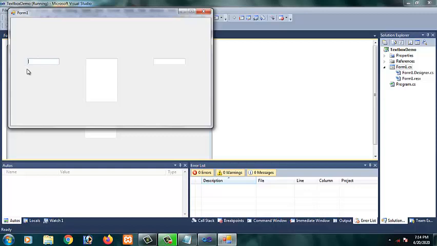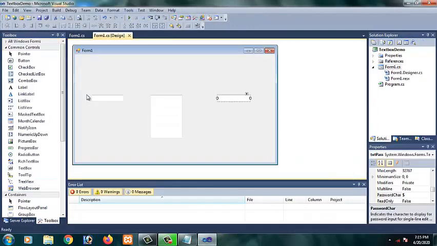So first one, to receive single line input. I'm typing the name and I'm pressing the enter, which is not accepting since it is single line input. Second one, I'm giving the college name, enter. So it is going to the second line because it is multi-line input. Third one, it is password. So whatever is typed, the thing shown will be dollar only. Okay. So hope you are clear with this. So the text box can be used either to receive single line input, multi-line input, or it can be used to receive the password.